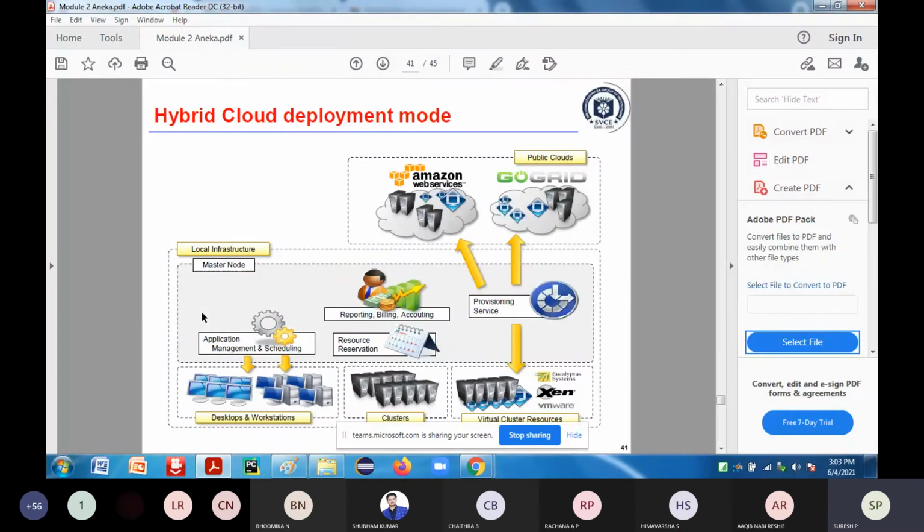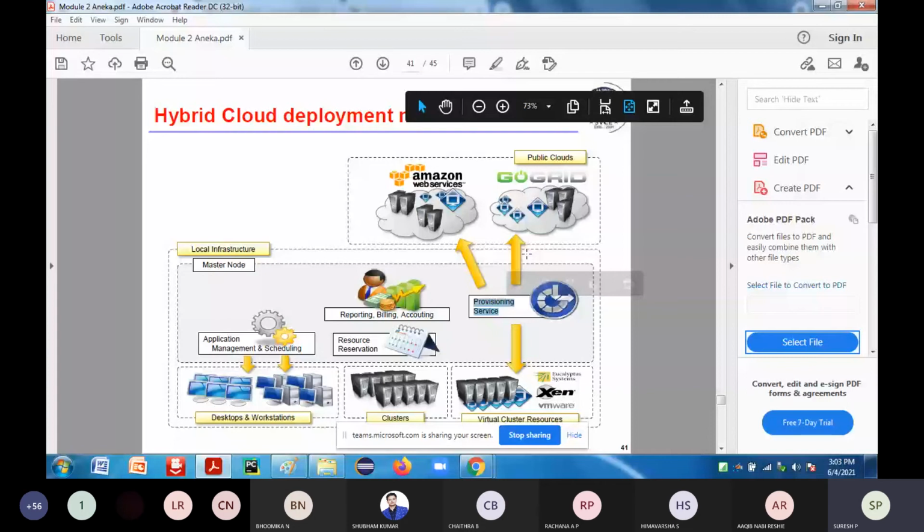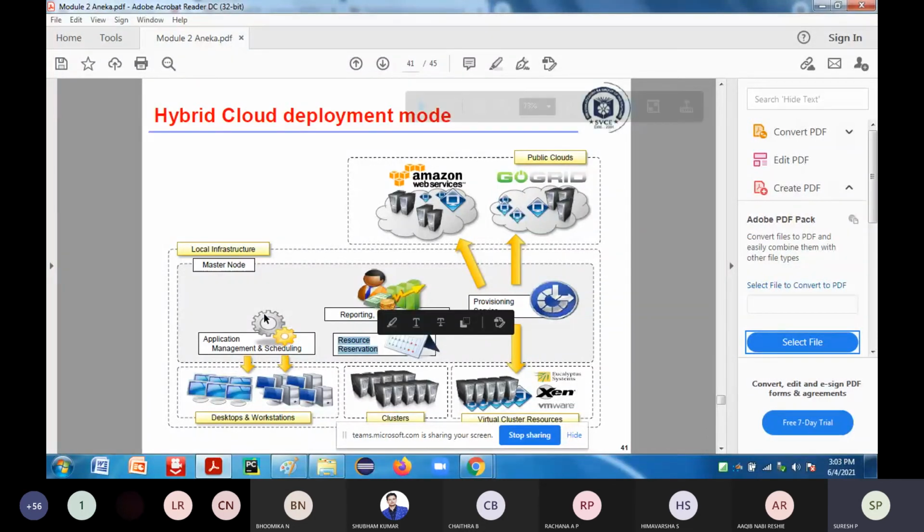Whenever you require any services from Amazon or GoGrid, you can directly access those resources. Then the workload partition will also be there for load balancing. When one system is not able to execute the application accurately, I will transfer the load to another system, so at that time you require partitioning of the load.